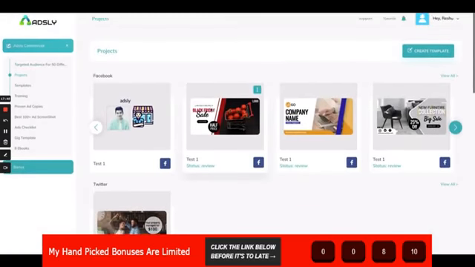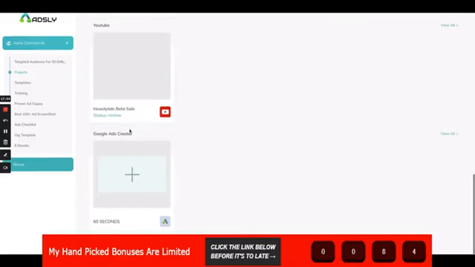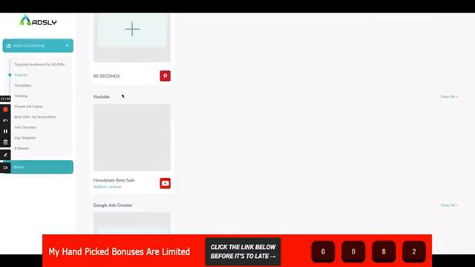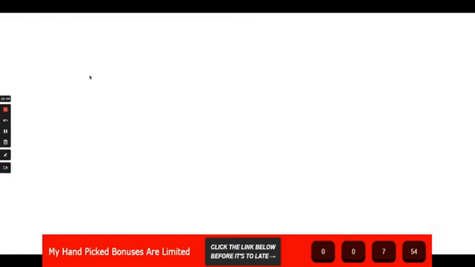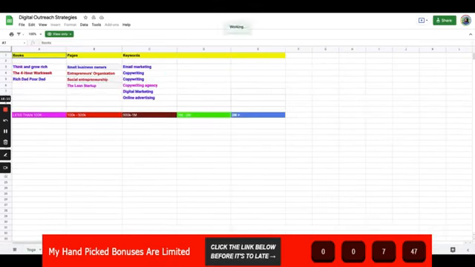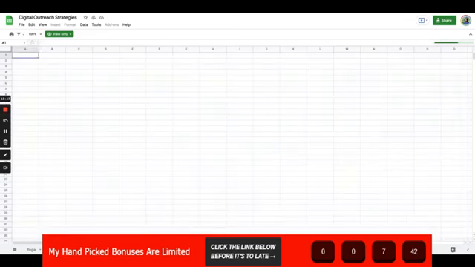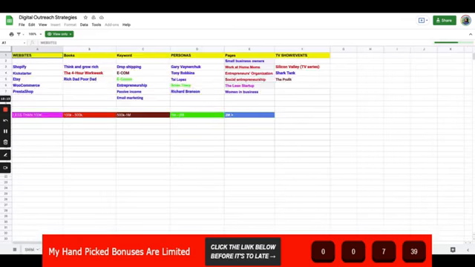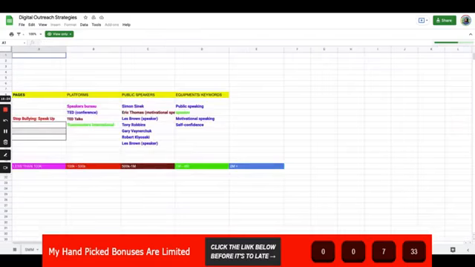Next, let's go to the option where whatever you create will be added over here according to the different social platforms, so that you don't get confused. Then we are giving you targeted audience of 50 different niches, so that when you are starting with working with ads, you are not blank about what audience to use for your niche. You can just simply copy paste the audience from here. We have covered 50 different niches and all the major niches.